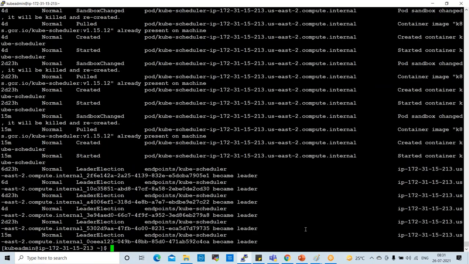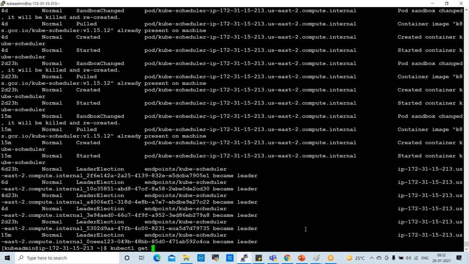So when we want to check the default namespace, we can type like this. Or else, to get all the namespaces available, use kubectl get ns.